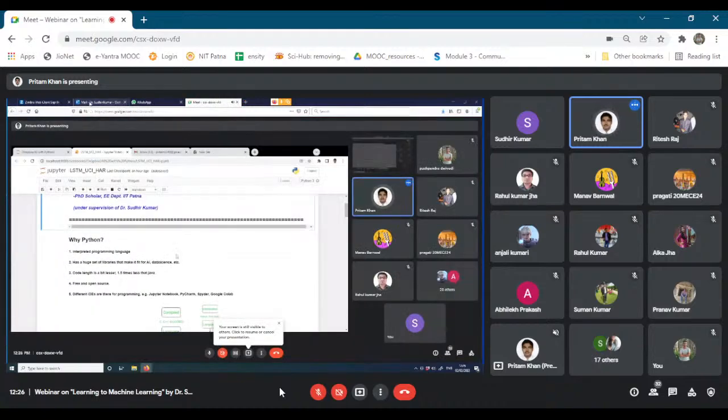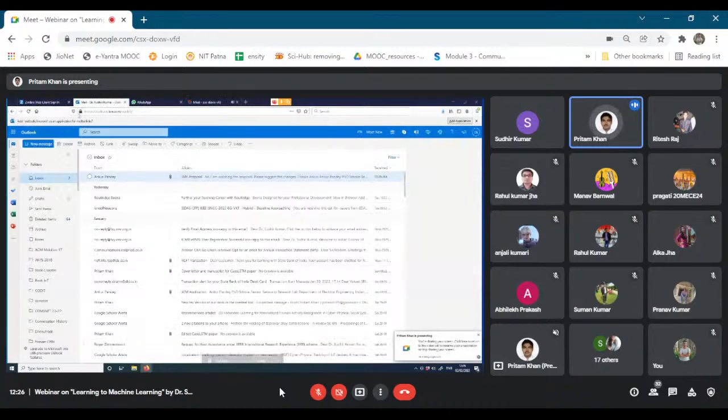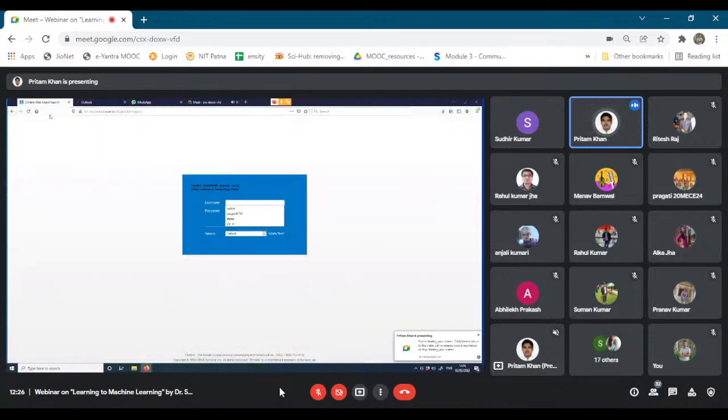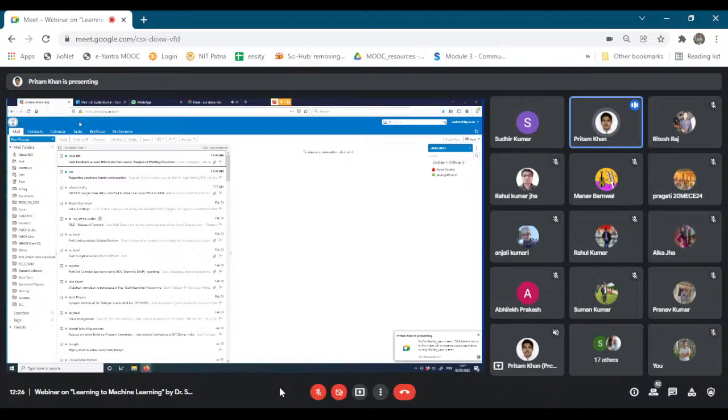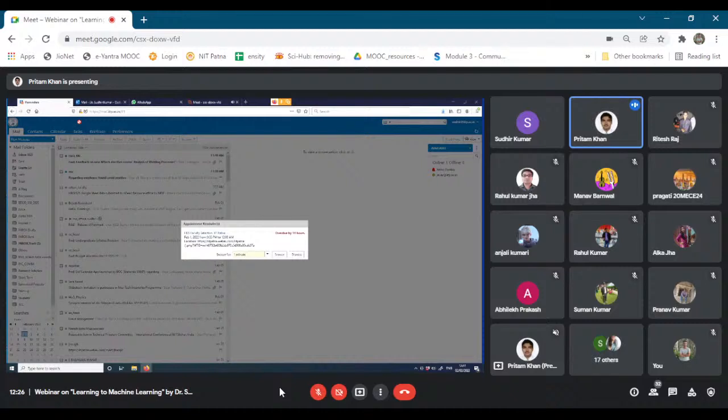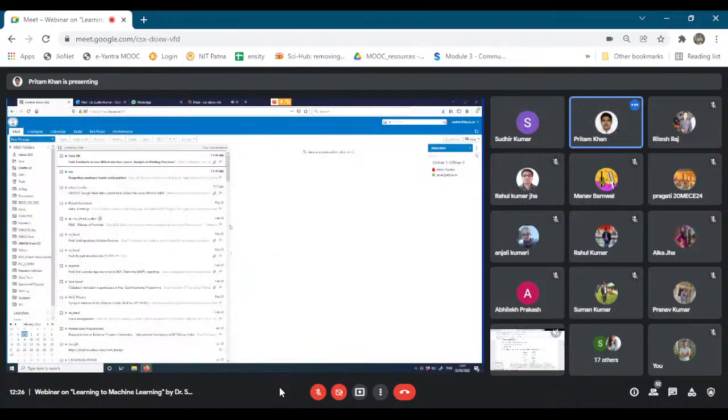So there are many programming languages, right? So why is Python so much used? It is gaining importance nowadays. The reason is, if you see this thing I have shown, there are two types of programming languages: one is compiler based and another is interpreted. Python is an interpreted programming language, which means it is very user friendly and very easy